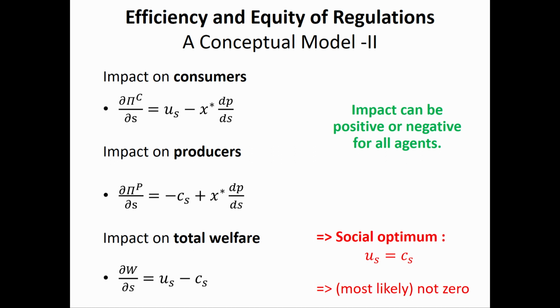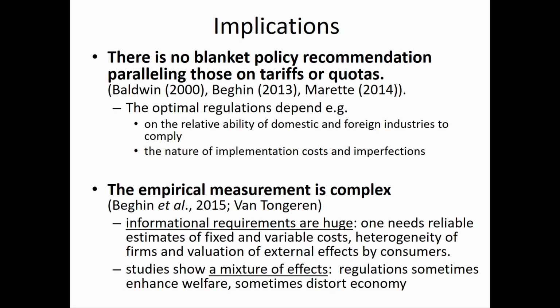But of course it matters if we think about the politics of the regulation, and also if we think about things like inequality or income distribution, which we may also care for other reasons than politics. So if you look at the comparison between the social optimum and the political optimum, if you specify some kind of a Grossman-Helpman type of political economy function, basically in the politics the rent distribution does matter. Now this is a simple way of specifying this, and it has very powerful implications. The first one is that unlike when we look at tariffs or quotas, the zero tariff level, zero quota level is not the same social optimum when you look at regulations, okay?